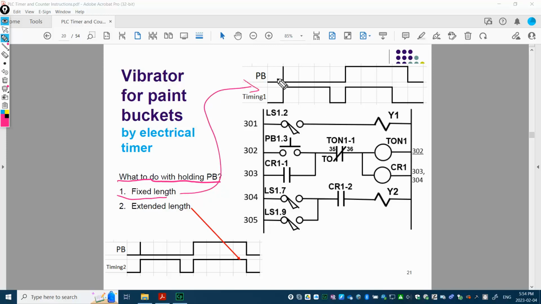For example, over here, you can see the push button being pressed for a very brief time, and after that we start the timing. For this example, for the timing diagram purpose, we only set it at 3 seconds. Of course, you can set any time you want, right? That's what I mean by fixed length. So this brief press of the button only starts the 3 second timing delay, and then you can see after 3 seconds